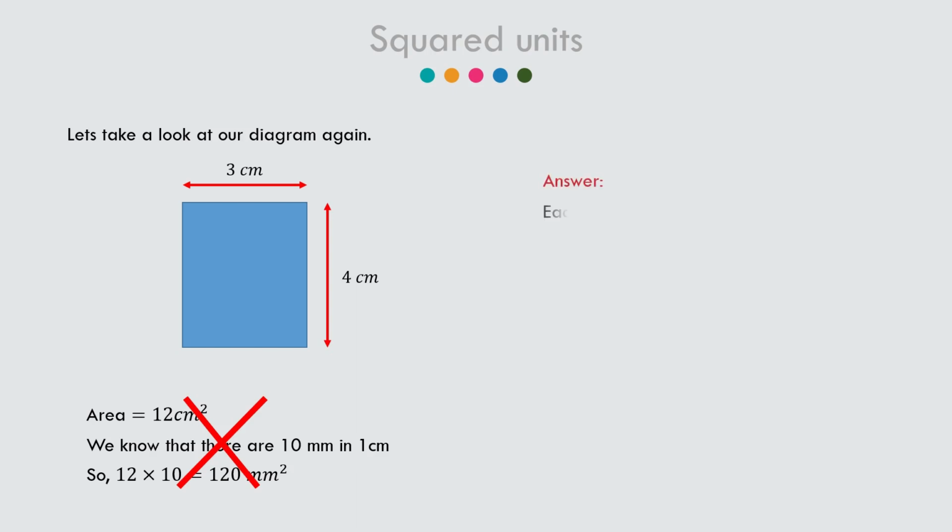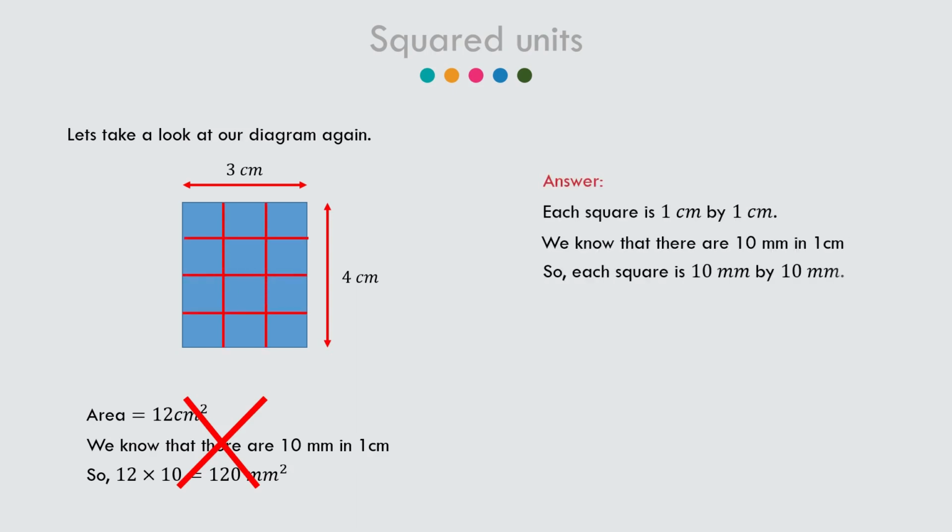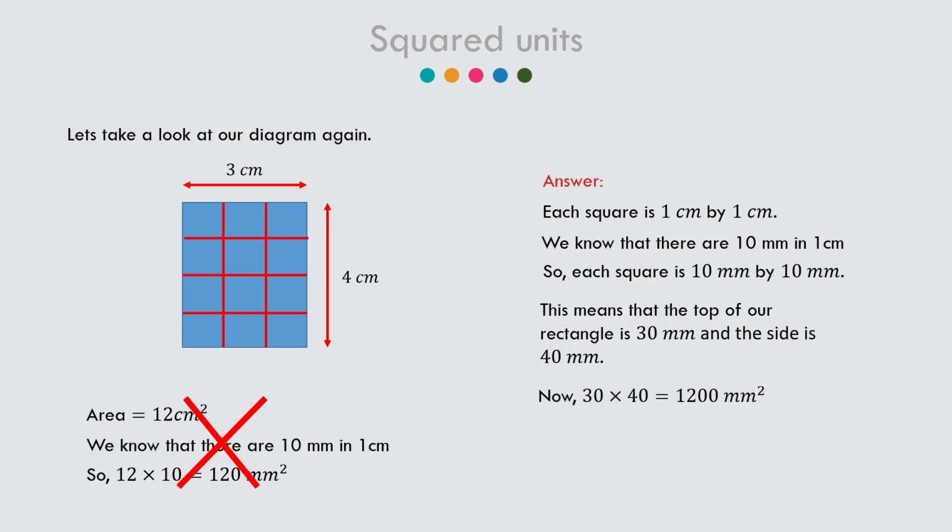If we were to split this rectangle into squares, each square is 1 centimeter by 1 centimeter. We know that there are 10 millimeters in 1 centimeter, so each square must be 10 millimeters by 10 millimeters. This means that the top of our rectangle is 30 millimeters and the side is 40 millimeters. Now, 30 multiplied by 40 gives us the answer